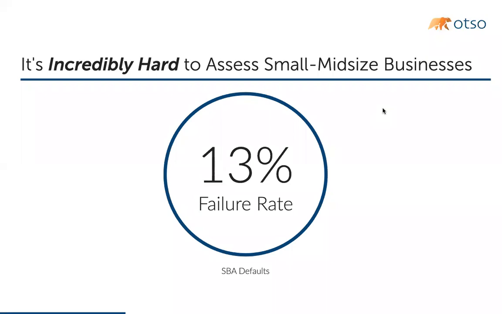And for landlords, and again, this problem from Otso really came from a landlord perspective, it's just very hard to assess the credit worthiness of small to mid-sized businesses. For you on the brokerage side that take a role in this process, or you do it on your own for your own assets, you understand this problem very well. With a small and mid-sized business, they're going to provide you what they've got. And that might be a P&L, that might be a QuickBooks printout, that might be a couple months of bank statements, that might be a business plan or a sources and uses document.